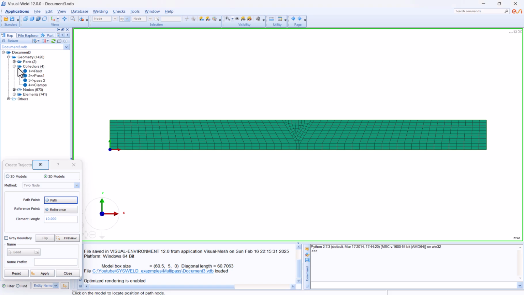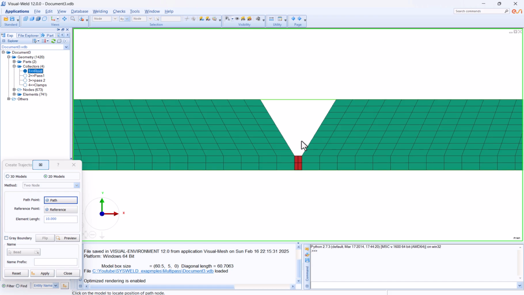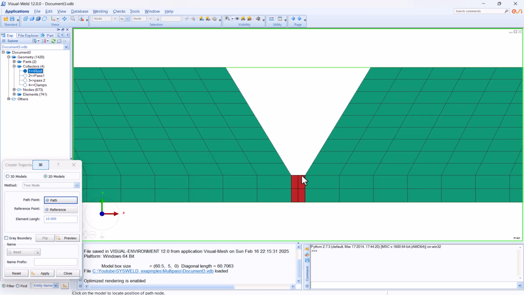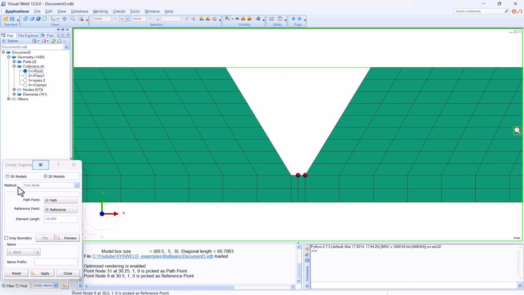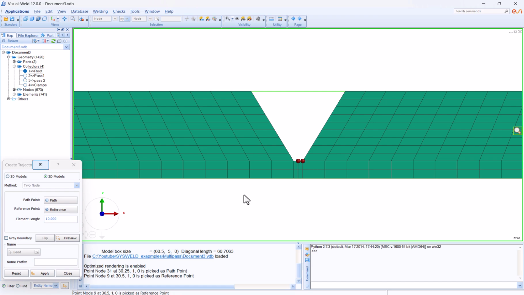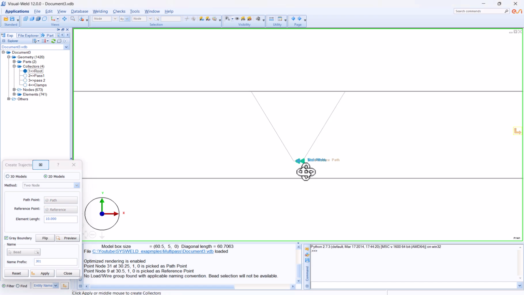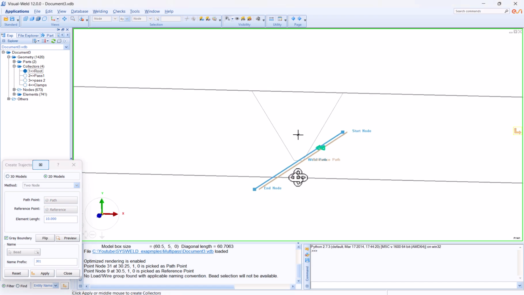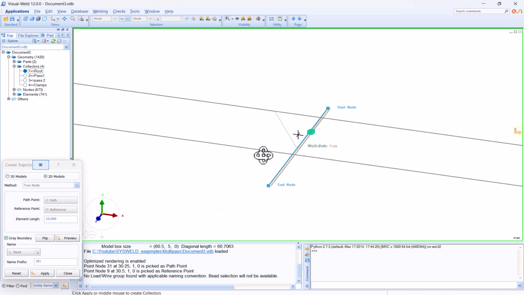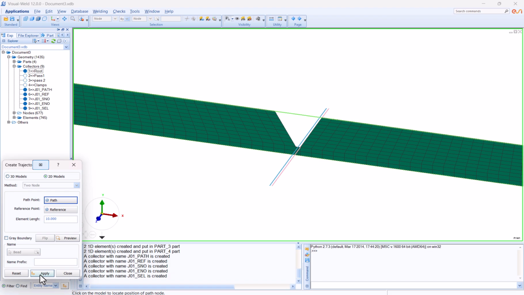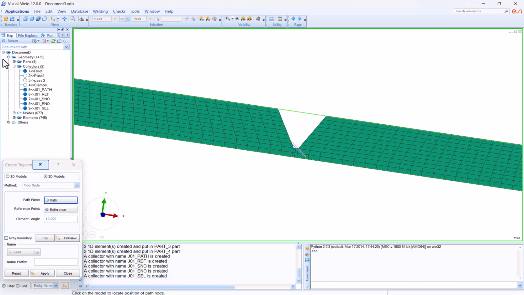Here I'd like to go to this one and only have the root available here, and the path would be this one, and the reference can be this one, and we assume that element length is 10. Let's preview this one. By holding A or the scroll button, we can rotate it a little, and as we see here, this is okay, and we can apply this one. Now